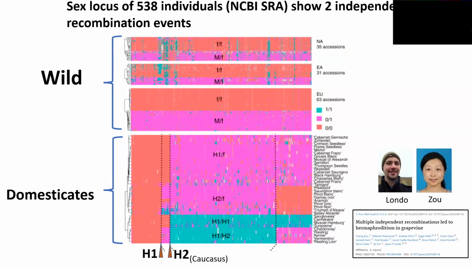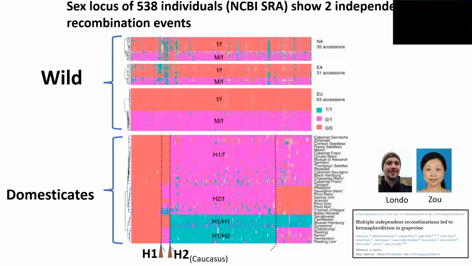Zhou in my group, they are also looking at the sex locus. What they did is download all the publicly available data from the NCBI and analyze the data. In this plot, Chen mapped all the reads to both the male and female